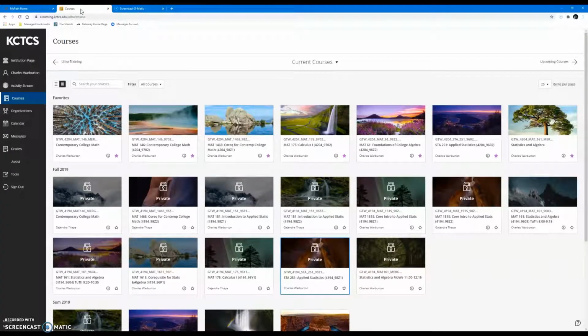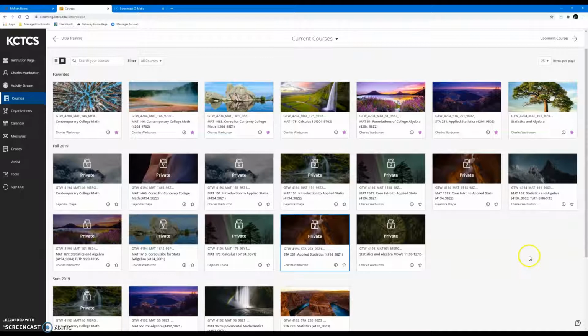Every semester, Gateway has a common final exam for Statistics 251. This semester, we're going to have a common final exam on MyLab Statistics. To upload the common final exam in your Stats 251 MyLab Statistics shell, select your course,